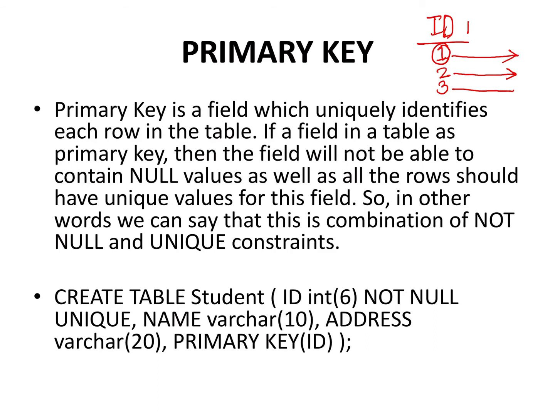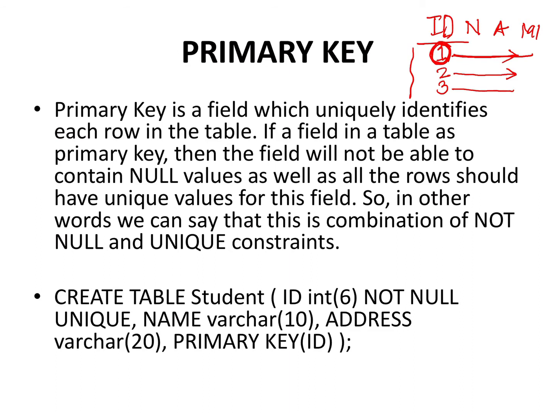Maybe there are fields like name is there, then address is there, and then maybe marks are also there in that table. So I can fetch whatever I want from that table using only one aspect, because I know they are all unique. There are no two. When I refer to ID1, then I'm very sure that this is unique. That is primarily the characteristic of a primary key. Primary key is unique for each one of the row. Okay, or vice versa. I will choose such a column as primary key wherein the entries are unique. Either which way, so goes hand in hand. So that is what is the primary key.